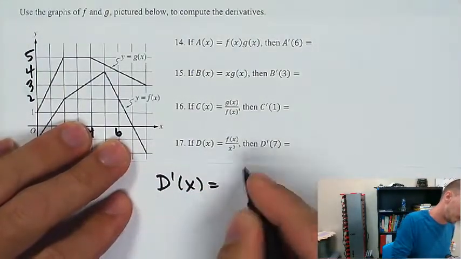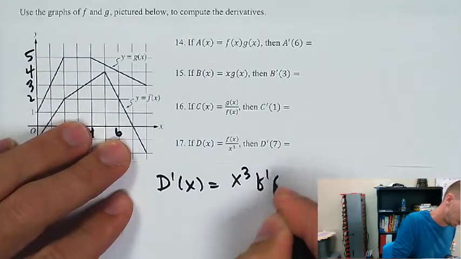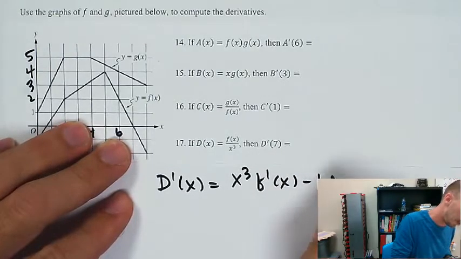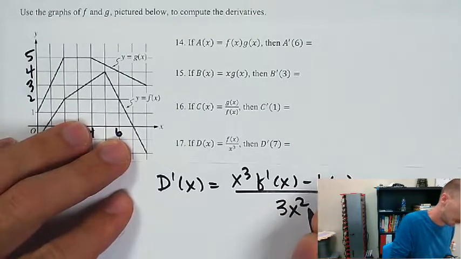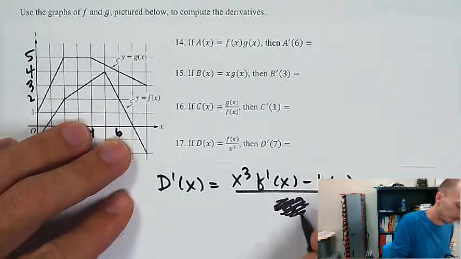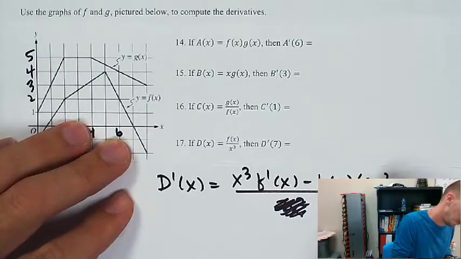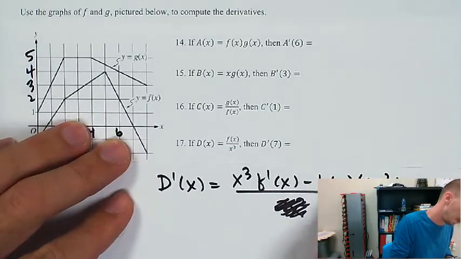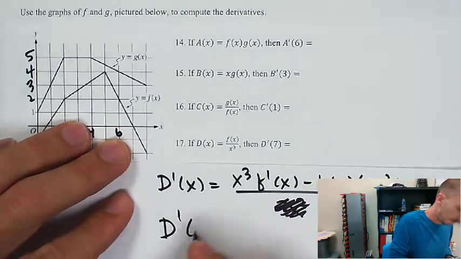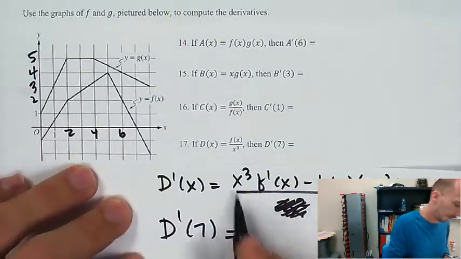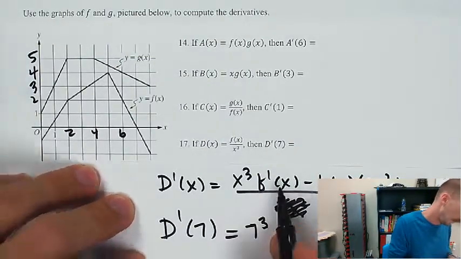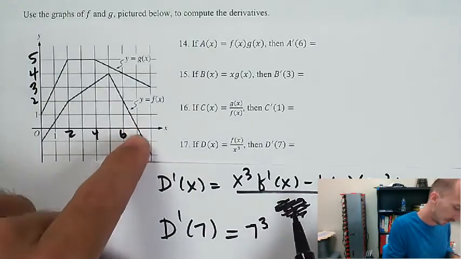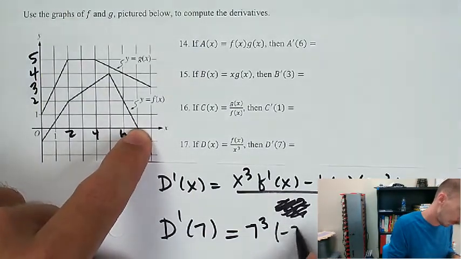Then we can find the last one here. D prime of x is equal to bottom, derivative of top minus top, derivative of bottom. No, hold on. I was just getting ahead of myself. Minus the top times the derivative of the bottom, divided by the bottom squared. Okay, so that'll be x to the 6. D prime of 7 is going to be 7 to the 3 times f prime of 7, which is looking like negative 2,